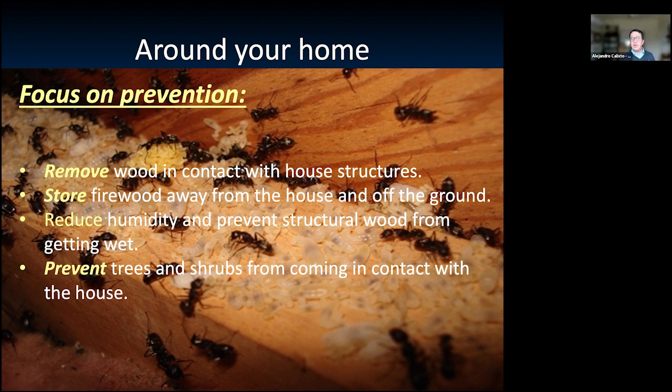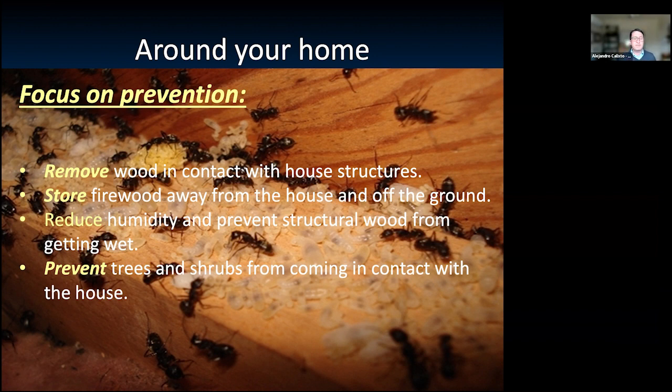Also, all that wood that we use for the winter, if you're using it for your chimney, it's better to have it really covered, protected from the rain and the snow, and keep it a distance from your house. Another thing is, if you have trees close to your house and the branches are touching the roof, they can get into the roof. And if you have damage in the roof, and I've seen in the south damage where you have the gutters, water is going behind the gutter, they like that area. They can build a colony between the gutter and the wood where the gutter is attached to the house.